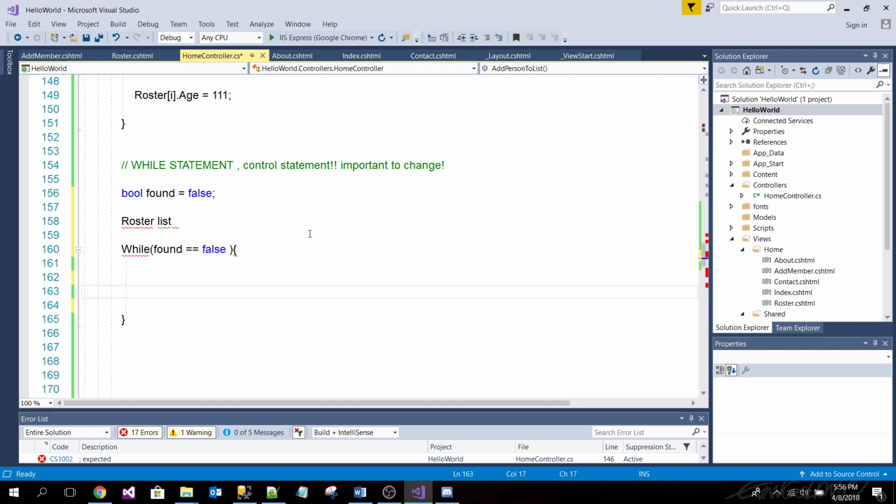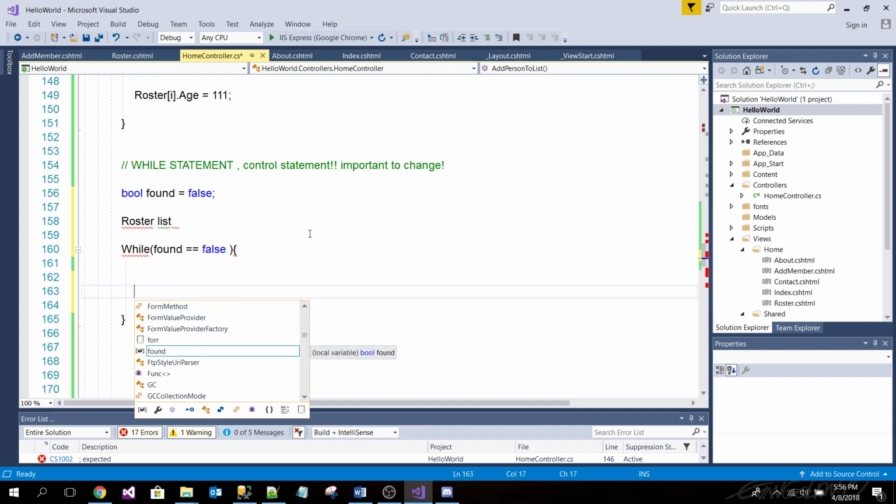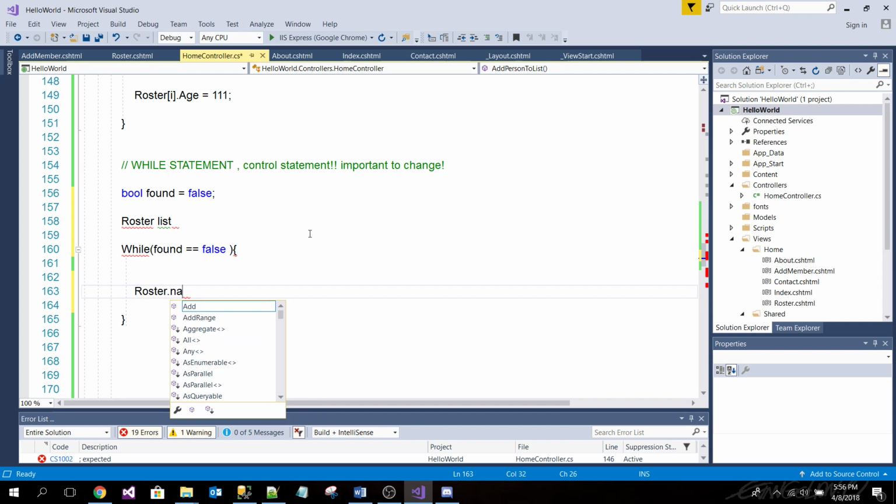Okay, and then roster, and then let's say we have some kind of... this one's kind of tricky because we would need access to each one. So for now, let's just say we have roster dot name. Just go with the flow.